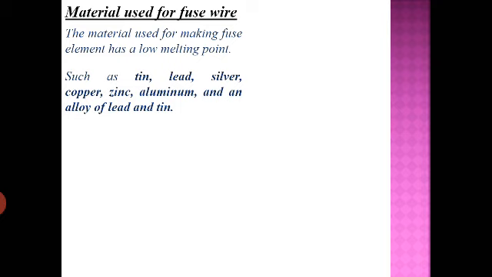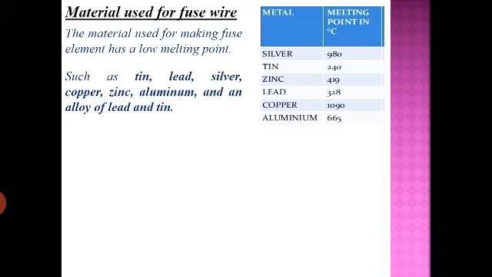So very first it should have low melting point. Different examples you can see here, like the material which can be used, like tin, lead, silver, copper, zinc, aluminium. And the alloy of lead and tin can also be used to make the fuse wire, because these materials have quite low melting point as compared to other conductors. So this table just showing you the melting point of different material in degree Celsius. Like silver is 980 degrees Celsius, tin is 240, zinc 419, lead 328, copper 1090, and aluminium 665 degrees